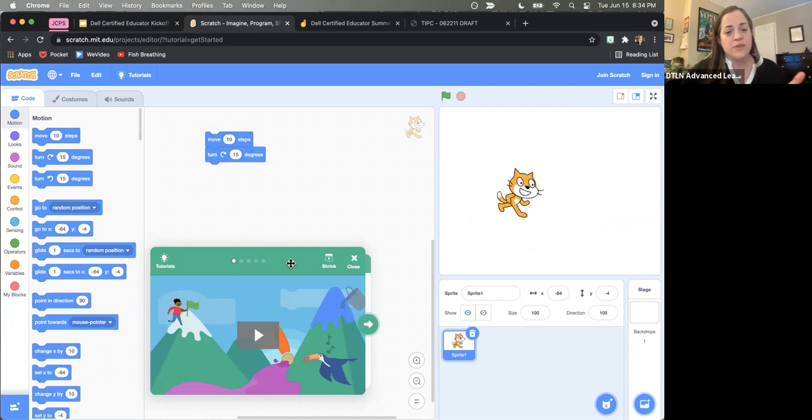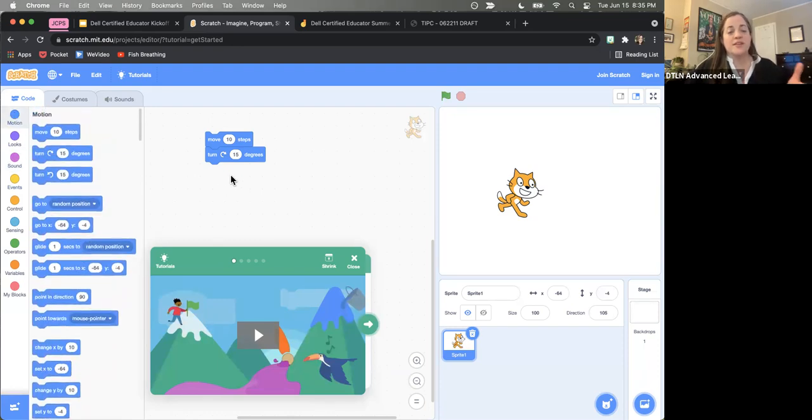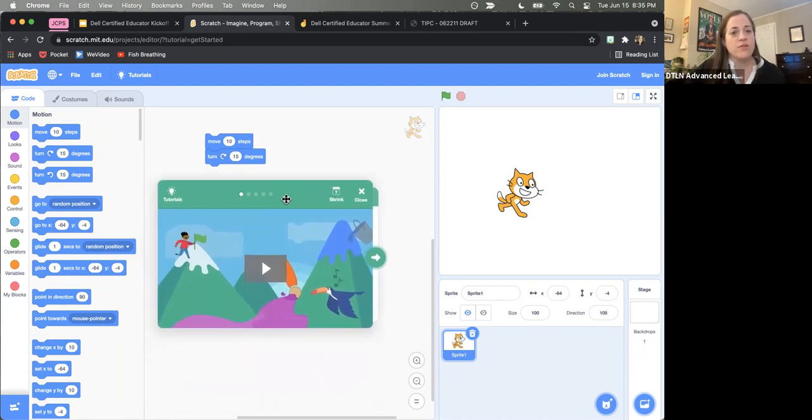The way that Scratch is built is very smart and intuitive. You just start dragging and dropping, and there are different keys over here by different color. You can do sounds and add sound animations. You can do different events. But it's just a way to get kids interested and curious and start critically thinking about how do I get this cat to move and how do I get him to do anything? And this little tutorial video, they've buried it nicely right here. It's very simple. If you hit play, it shows you the basics of what to do and how to start working with this tool.